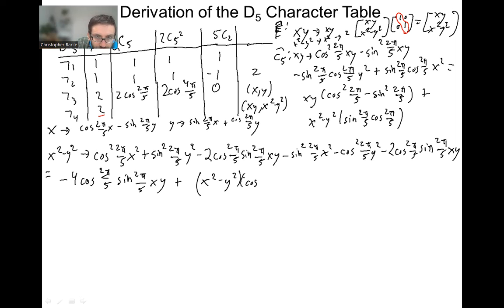So we're going to end up with, at this point it's getting fairly complicated, and we're trying to get x squared minus y squared here. And so what we have to do,